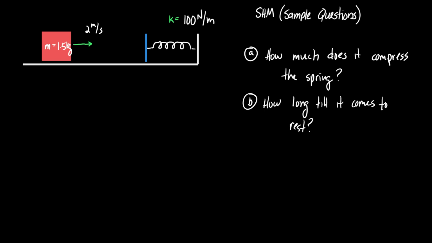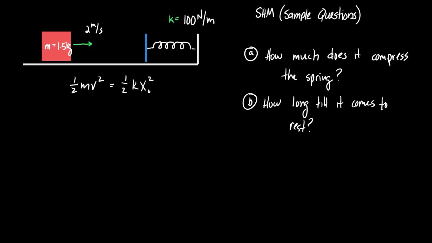Because right now, what kind of energy does the block have before it hits the spring? What kind of energy is it going to have when it comes to rest against the spring? It's going to have elastic potential energy, right? You could have done this as a straightforward conservation of energy question with 1/2 mv squared equals 1/2 kx squared. In fact, let's start that way. If I start that way, I get 1/2 mv squared. That's what I have right now. That has to equal 1/2